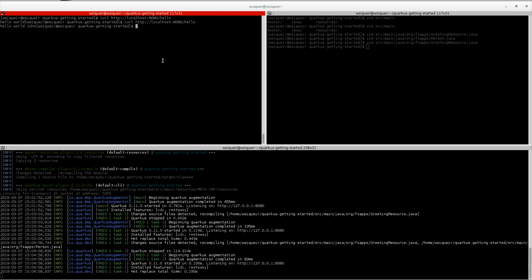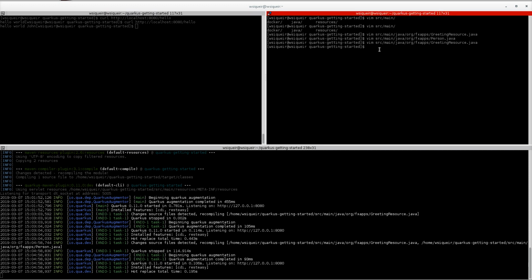I hope that I could bring some light on how to get started with Quarkus. And if you go to the website on GitHub, you will see that it has a lot of quickstarts using JPA, using other libraries. So this was a very simple example, but you can start your project using a database and other things based on the quickstarts that you will find on the Quarkus website. So we could also